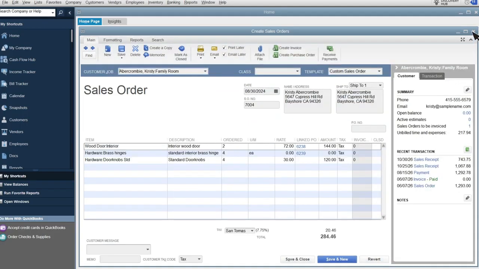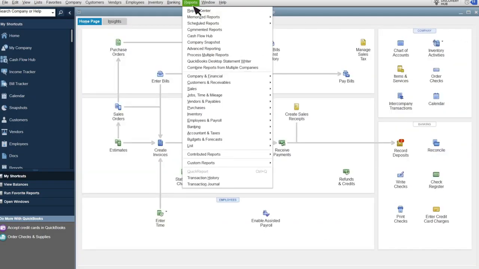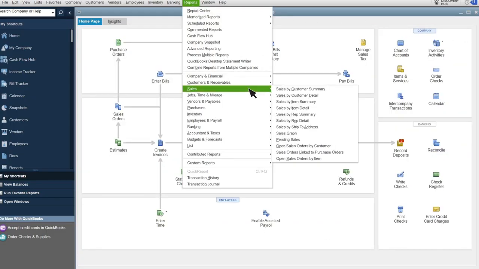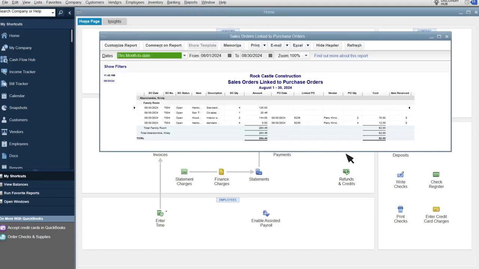Let's take a look at your new report. Select Reports, Sales, Sales Orders linked to purchase orders. This report lists each customer with open sales orders, and then the details of each sales order, including the items the customer ordered, the details of the purchase order you used to purchase the items, and anything you haven't submitted